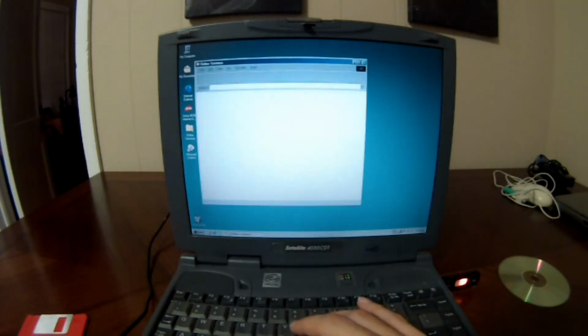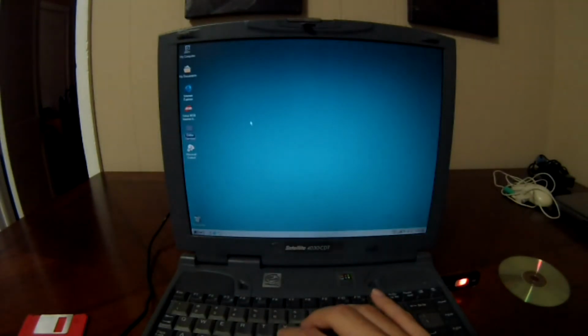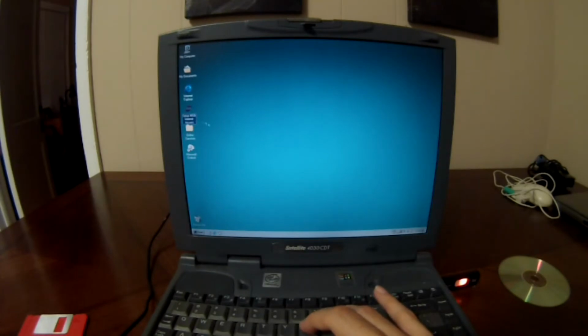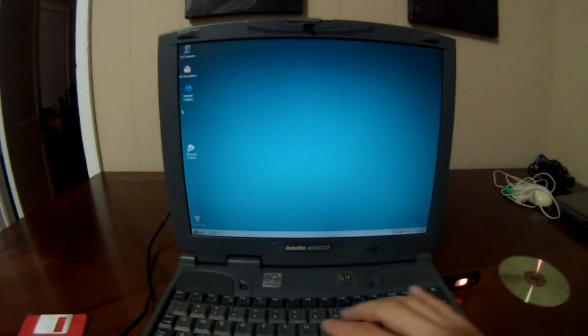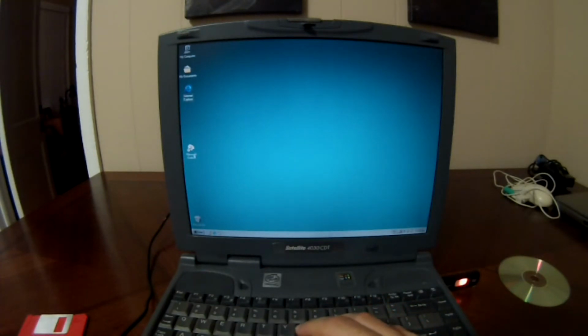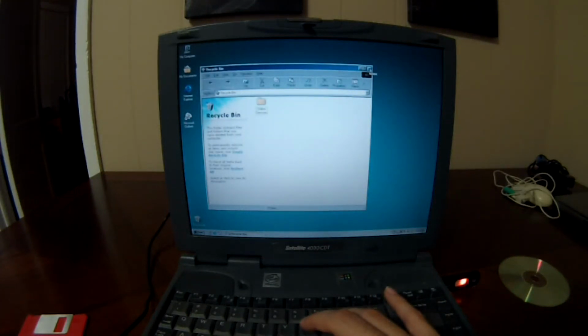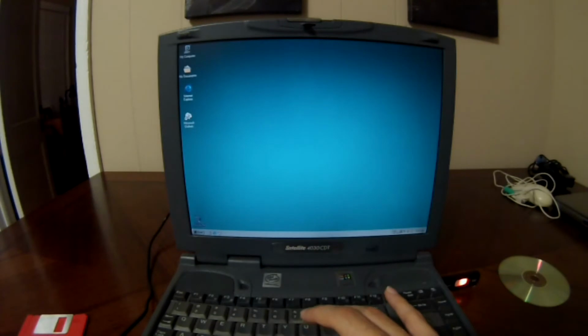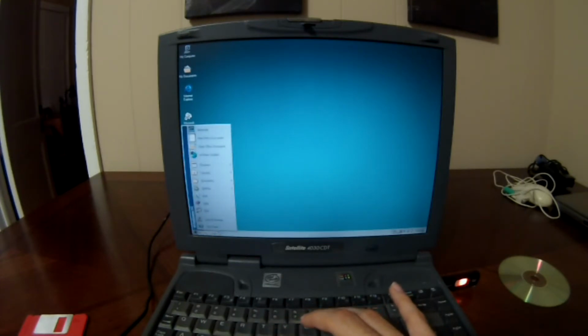And up here we have the online services folder, which came with a few different options for service providers, as well as set up MSN internet access. We're going to get rid of those as well. We'll not be using those. So that just leaves us with the new Outlook icon. And I don't know why that went to the recycle bin when I clearly shift deleted it. Okay. Anyway, let's check out